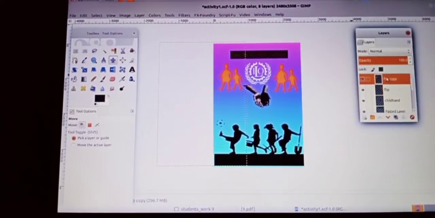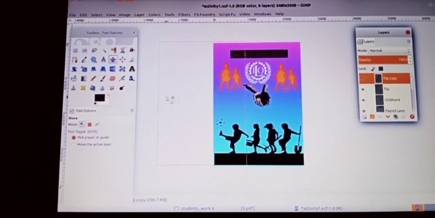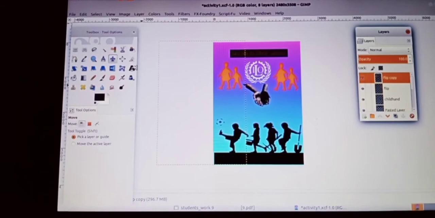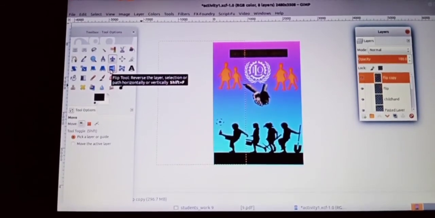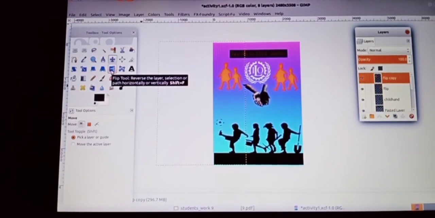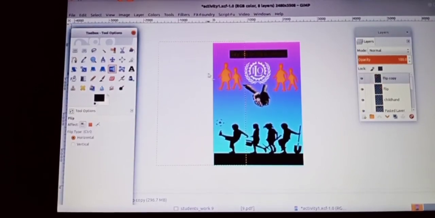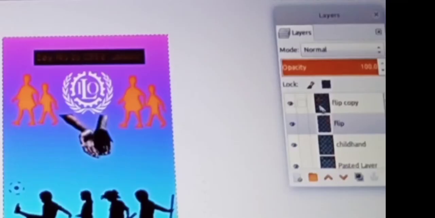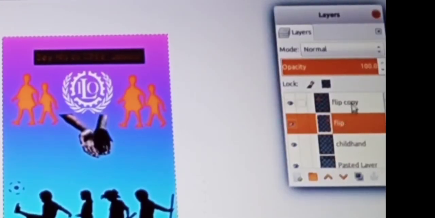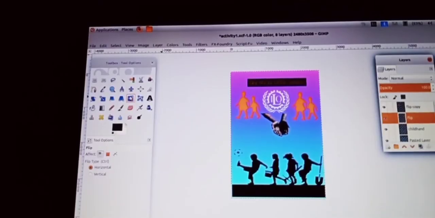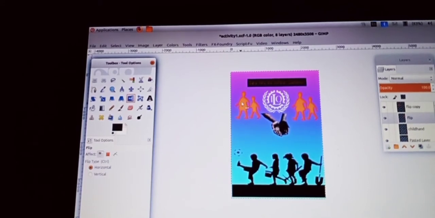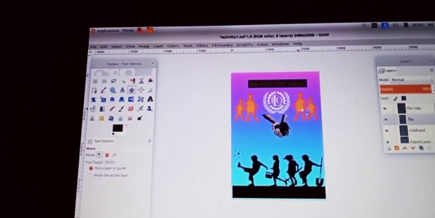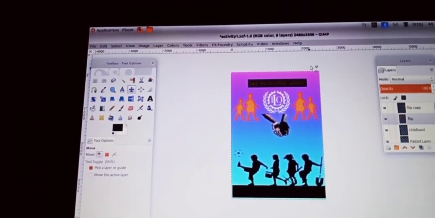Okay, here is the time to use the flip tool. Search for the flip tool in your toolbox. Which is the flip tool? Can you see here? This is the flip tool. So click on the flip tool. Then click on the image which you want to rotate or change its position. For flipping, you want to select the original layer, not the duplicate layer. Select the original layer in the layer palette. Then click on this tool and you can select the image which you wish to flip. Like this. Okay. So, did you understand how to flip the images?